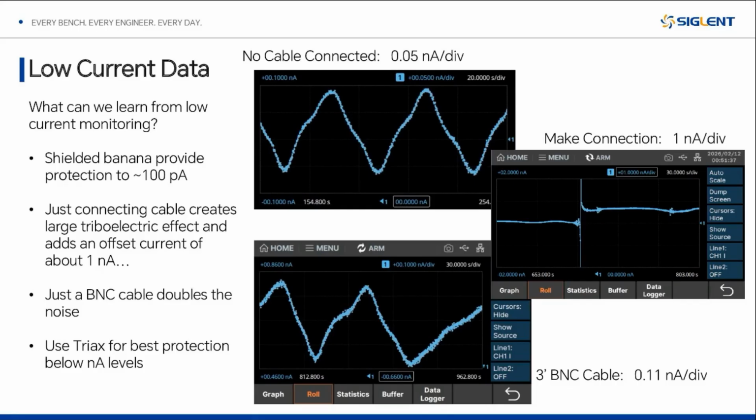And you can see on the right, when you make a connection, right, you get a big current bump from coupling and triboelectric effects. But then you settle down and you get, with a cable, just an open cable attached, you might get considerable current offset added from that BNC cable, right? Here it looks like about a nanoamp in this configuration. And then that same cable just sitting there really almost doubles the noise you're getting from just the banana jacks